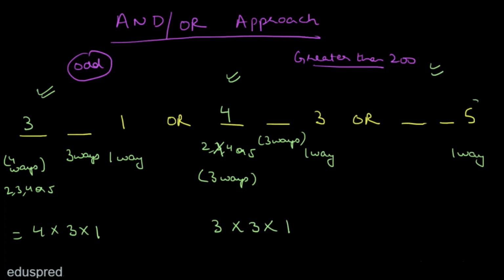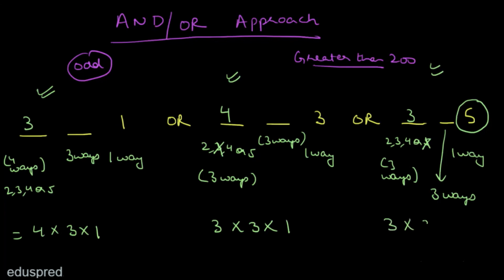Here we are filling the third slot with the number 5. So let's see, in how many ways can we fill the first slot? We can fill the first slot in 4 ways, 2, 3, 4 or 5. But we have already utilized number 5. So that means there are only 3 ways to fill the first slot. And let's say we write 3 here. And given that we have used 2 numbers, this slot can be filled in 3 ways. So once again, we can write this is 3 multiplied by 3 multiplied by 1.